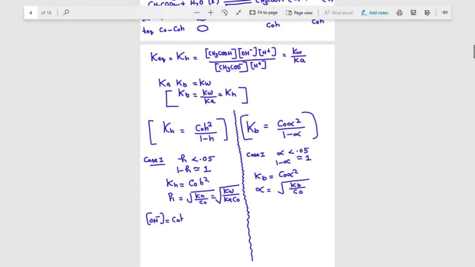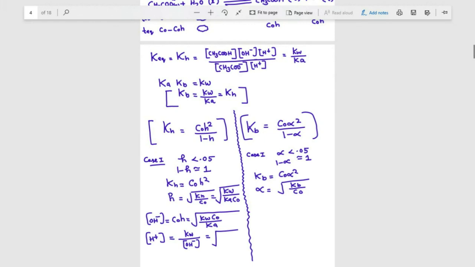So now if I put the value of h here, this can be simplified. That is equal to Kw into C naught upon Ka. So this is the concentration of OH minus. If I want to write what is the concentration of H plus, in any aqueous medium, H plus ion concentration will be Kw upon OH minus ion concentration. So if you further simplify this, what you are going to get,